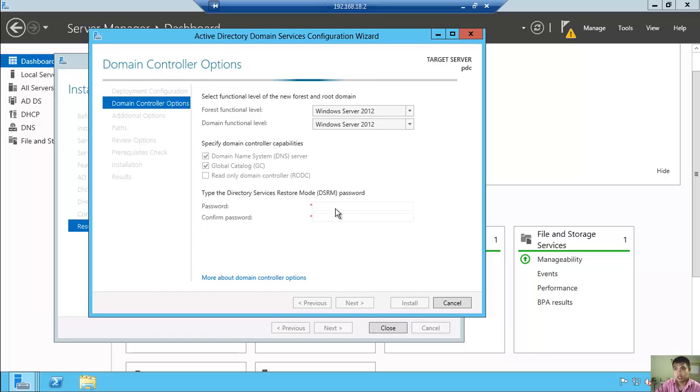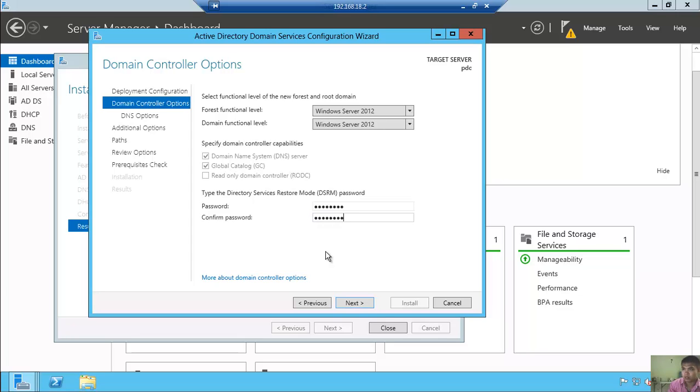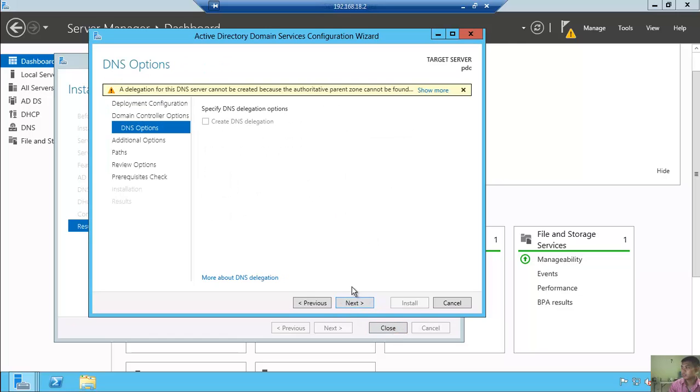Okay, so just wait. Okay. So we can configure it. Set our password. Okay, so yan yung password na kailangan. Click next. So yan yun, yung DNS server. So with domain controller,